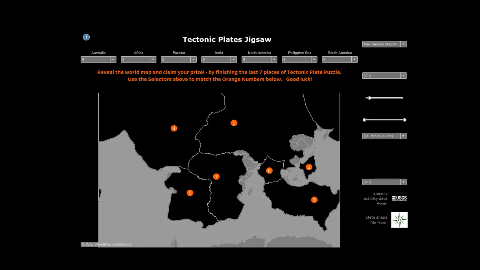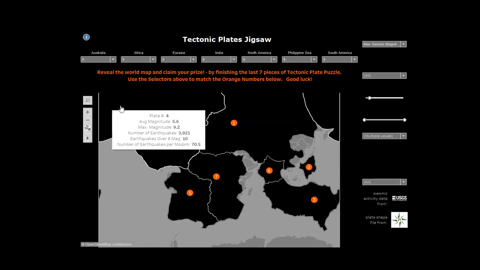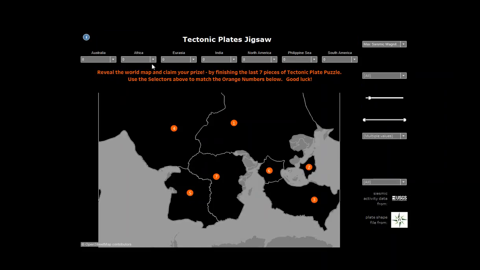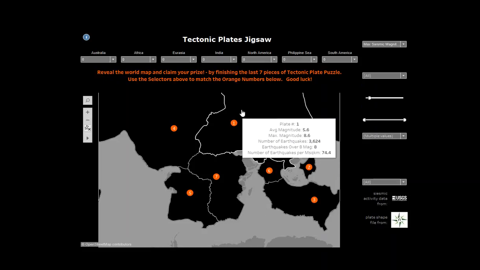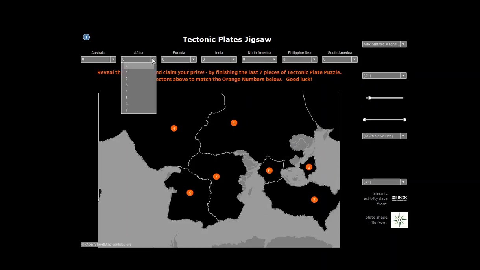I parameterized my 7 of my plates and turned this into a jigsaw puzzle. So the idea is that you use the selectors above, these are parameters, to match the orange numbers below. And if I just show you a giveaway, this one, Africa is 7, and that one disappears, and you see